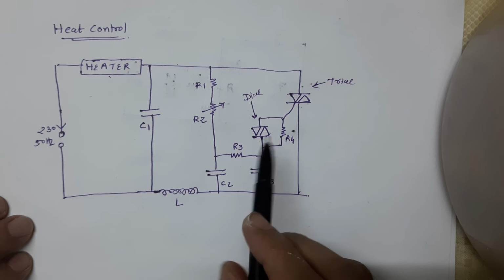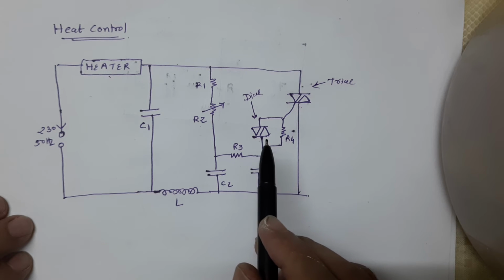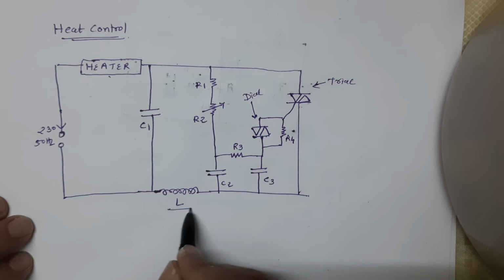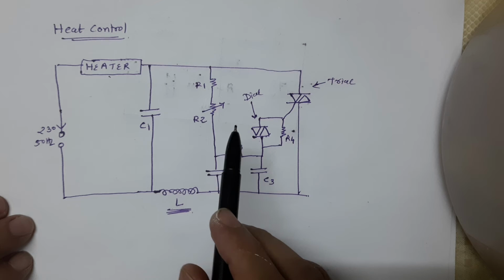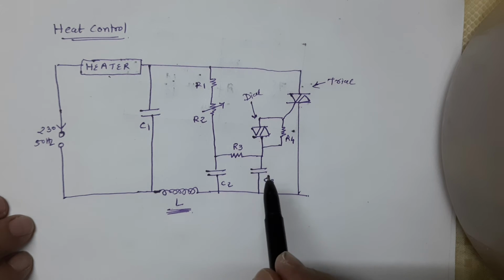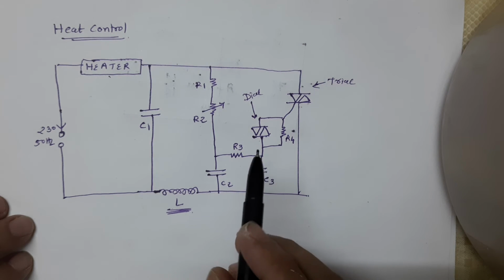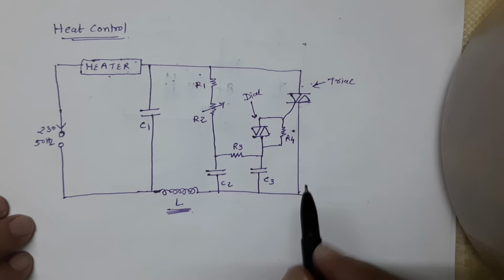From the figure, we can say that the capacitor C1 in series with the choke L, this is your choke L, across the triac helps to slow the voltage rise across the device during the switch off. The resistor R4 is in parallel with the diac. This is your resistor R4, which is in parallel with the diac.